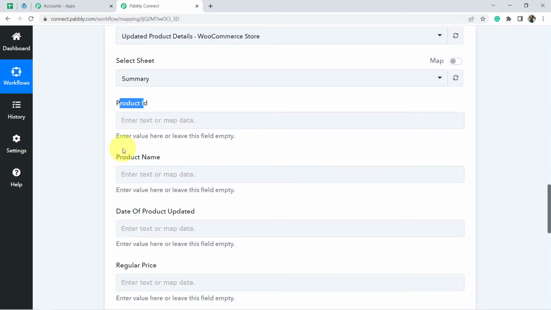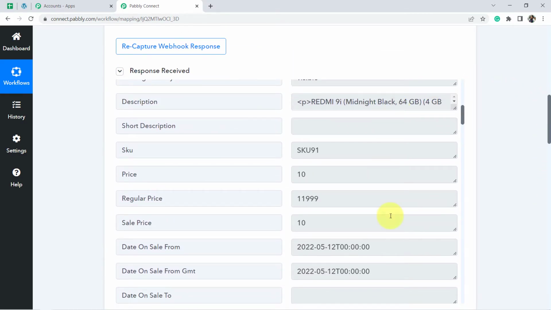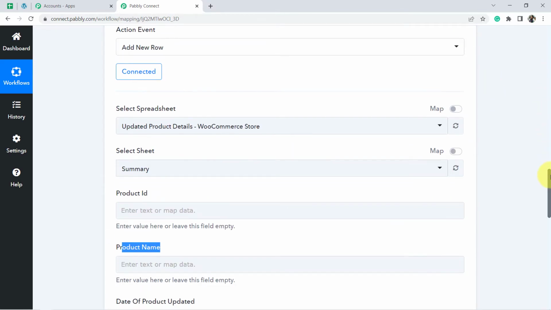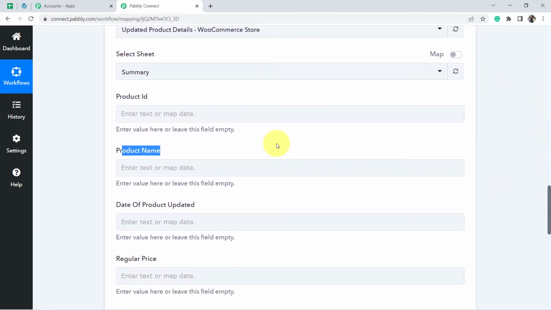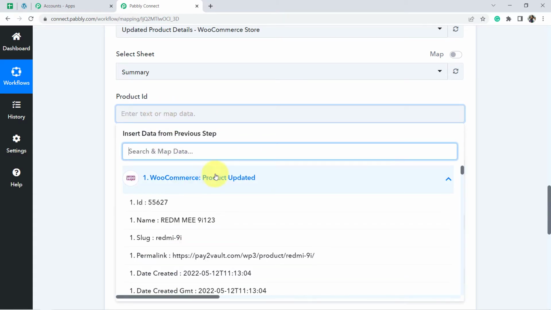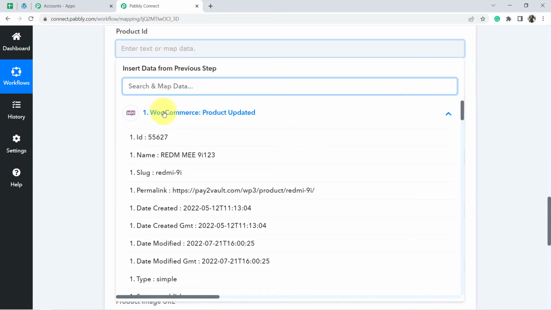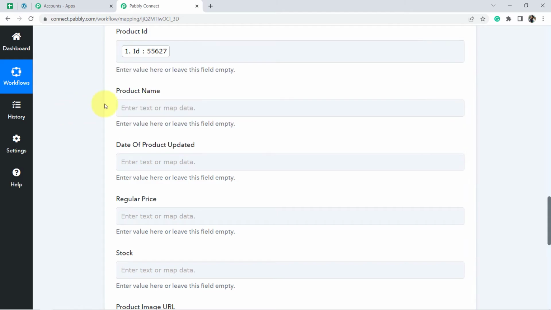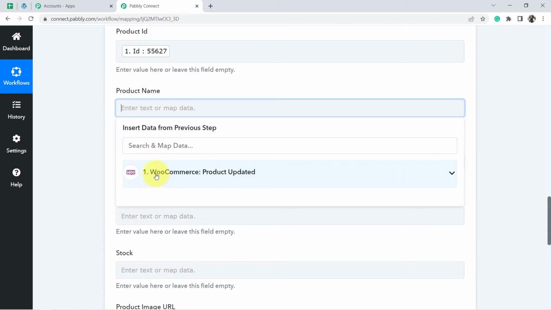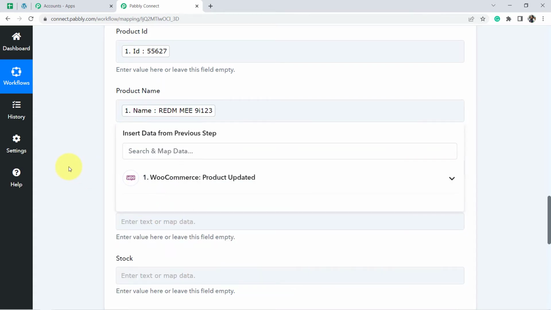Now here we need to fill out the product details which we have actually received from the WooCommerce response. But don't worry, we do not have to copy each detail and paste it here. You just have to simply click on this field and you will find the above data here in the drop down. You simply have to click on that. So first is the product ID, choose here. Second is the product name, select from here only,